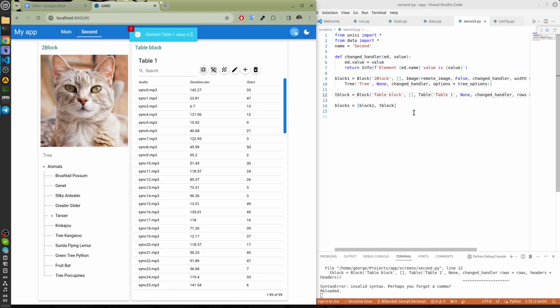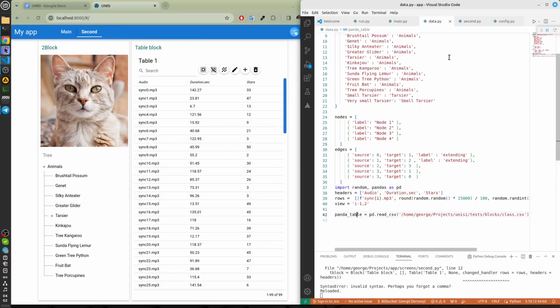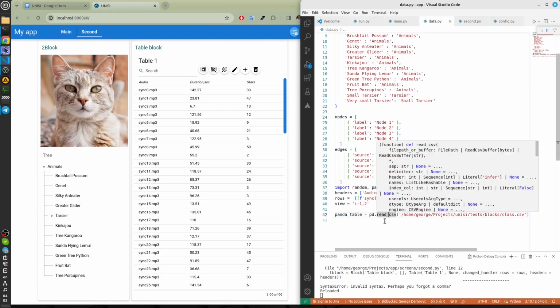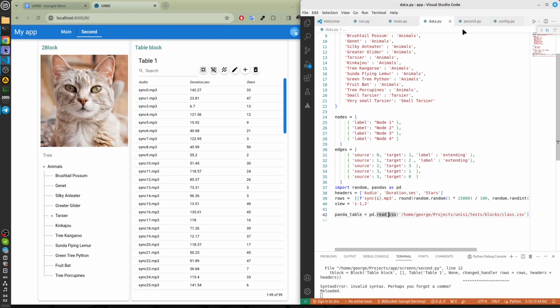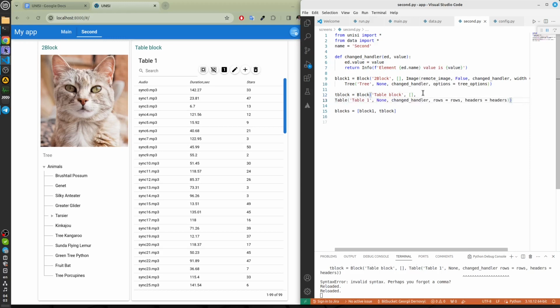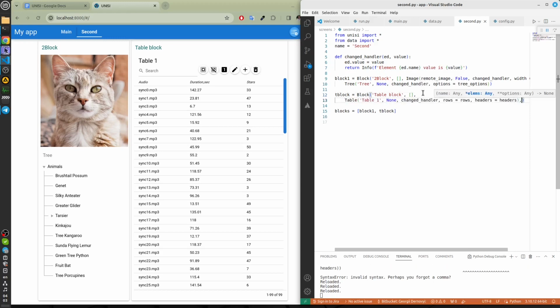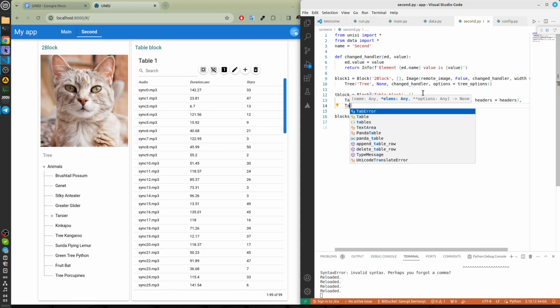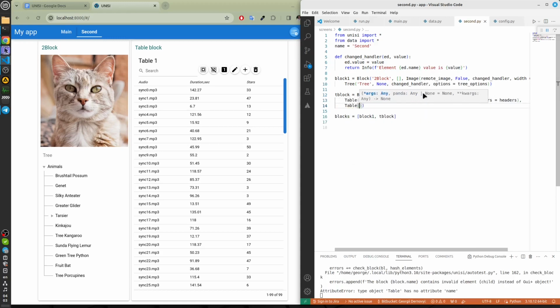Let's add a pandas table here, and we will put it under this table. The pandas table is defined here. It is already there. We read it from the CSV file, and all we need to do is write such an announcement. Let's put a comma here and write a table here. Pandas table.